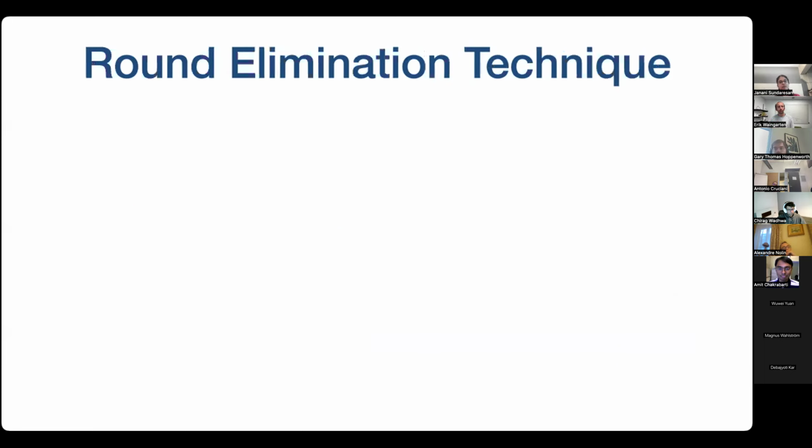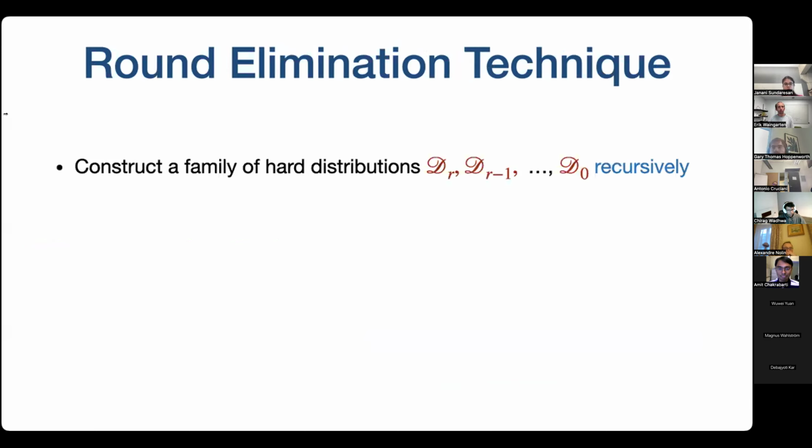So more specifically, we'll go into what happens in round elimination and what you would need to prove a lower bound using this tool. The first step is going to be to construct a family of hard distributions. These are going to be distributions over graphs that you think are going to be hard for specific protocols with, let's say, R rounds, R minus one rounds, and so on. So you do this all the way till zero round,